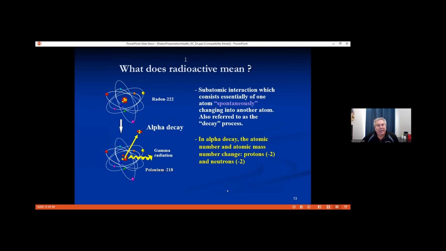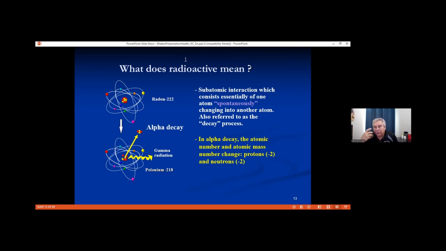So here we actually have a radon atom. And when we talk about radon and its disintegration, what's actually happening in the case of radon, it's going to eject a particle out of the core of the atom. Okay, we call that alpha decay or alpha energy. That alpha energy we call an alpha particle. It's always composed of 2 protons and 2 neutrons all the time. It gets ejected out of the nucleus of the atom.